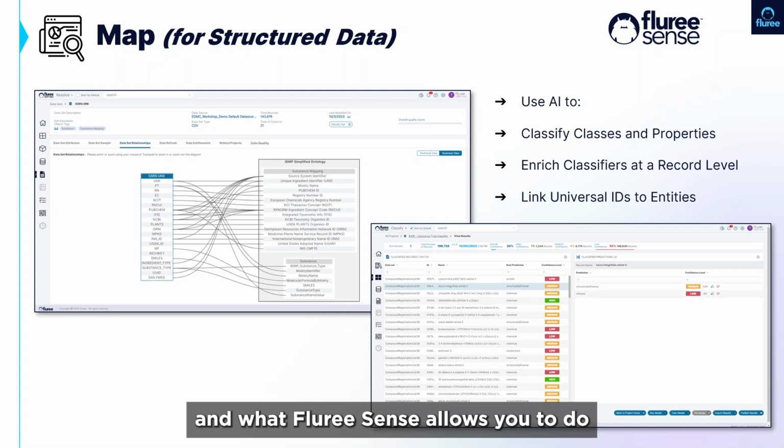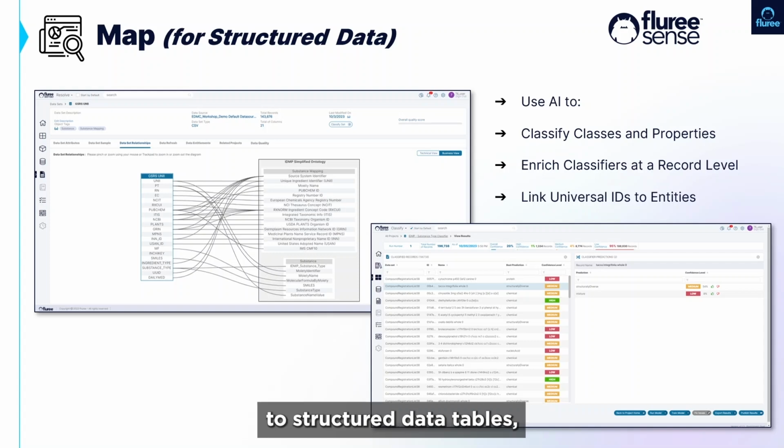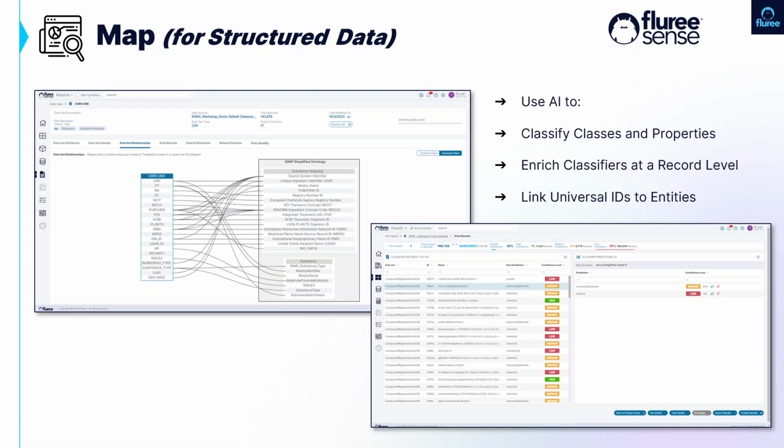And what Fluree allows you to do is overlay or map one or more different ontologies to structured data tables, basically database tables or things that we would expect to see in a spreadsheet. And we can also go one level deeper and enrich and classify at the record level, as well as link and connect different types of information from across multiple databases to the same type of class or entity.